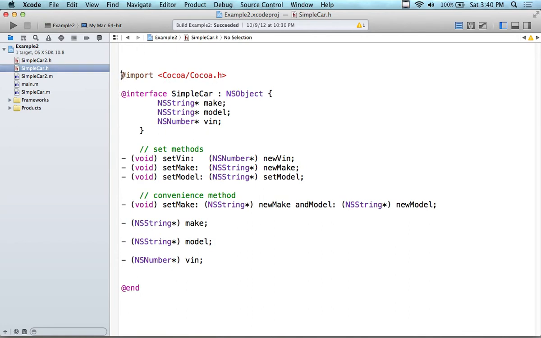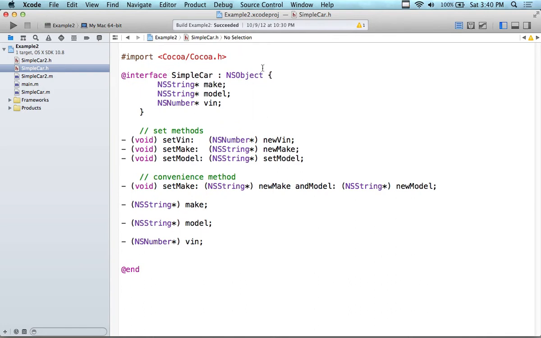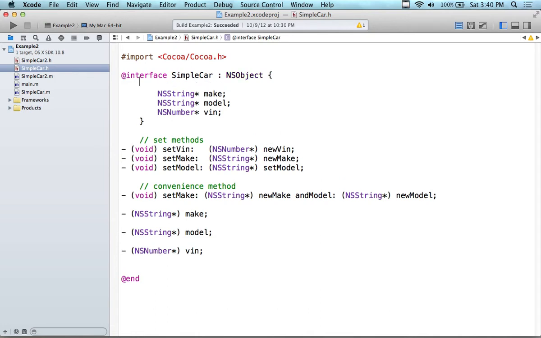Simplecar.h. Now this one is purposely using Cocoa. You're wondering, you say, well, weren't we using Foundation? We are. Cocoa's inside Foundation. We're not using anything else. So if we want to be even more of a minimalist, we can just use Cocoa. Foundation's got a lot more in it. So, but it's including Cocoa. But this is really the core library that we're actually using. That's not even the purpose of this